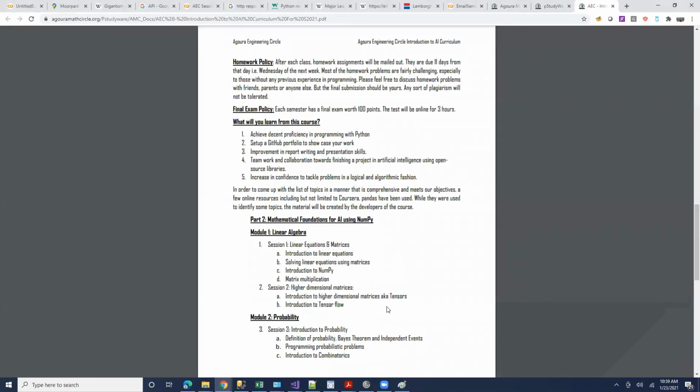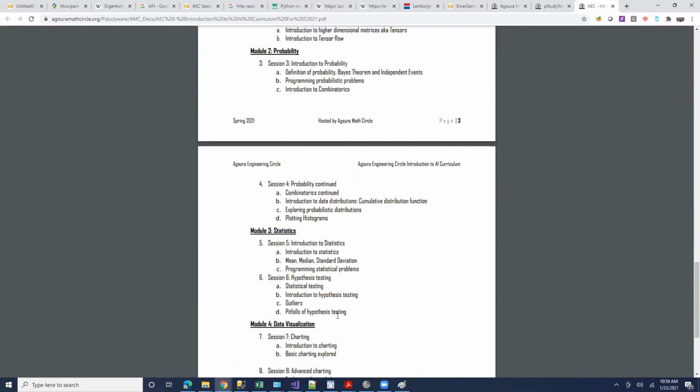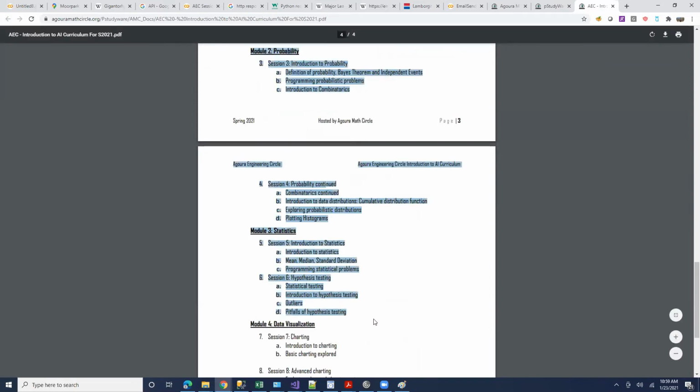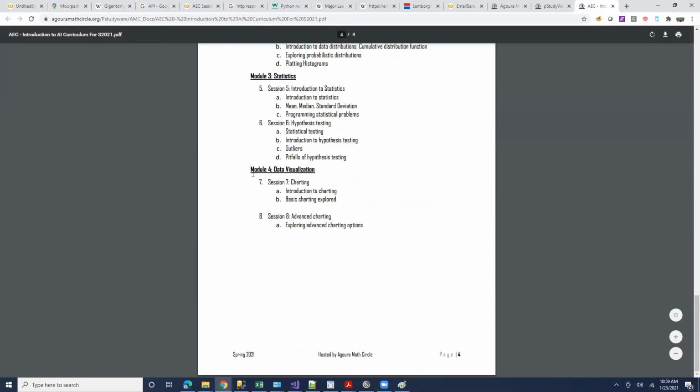The second part is learning some of the mathematics. I can't teach all of it in such a short time, so you guys have to spend some time learning the mathematics yourselves. These next 6 sessions are all mathematics, and then maybe 2 more sessions on data visualization.